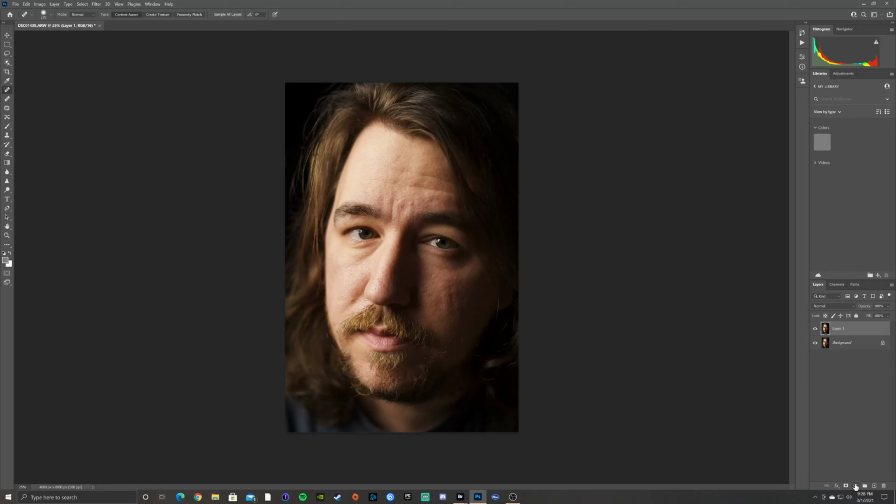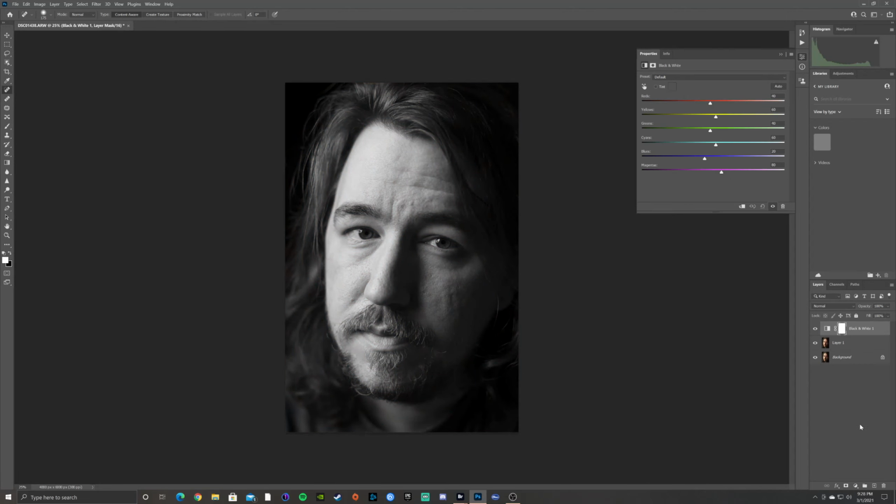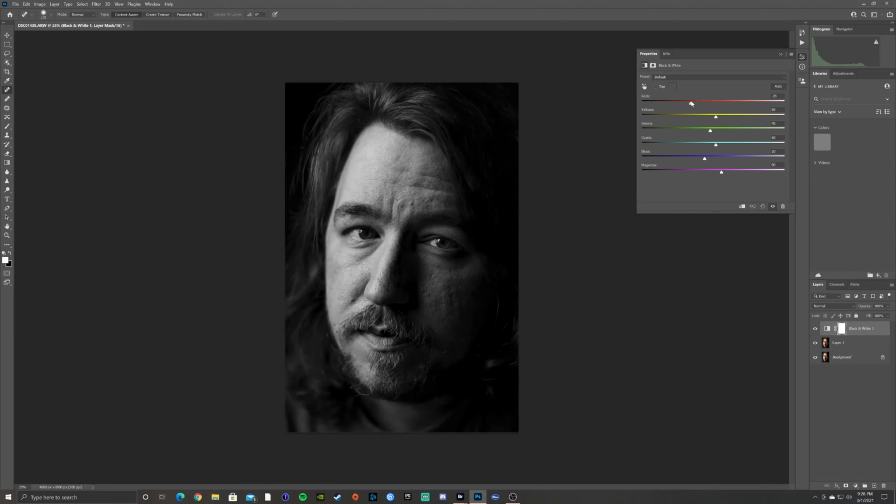So how we do that is actually going to be creating a black and white layer, or adjustment layer, I'm sorry, I forgot what it was. And we're just going to do some initial adjustments here. You're going to see I'm actually going to darken the skin, and we're going to pump up the yellow. So really the only two that we are going to adjust, especially for portraits, are just these two layers,